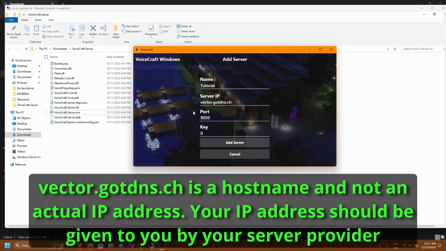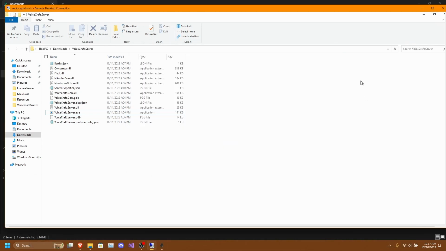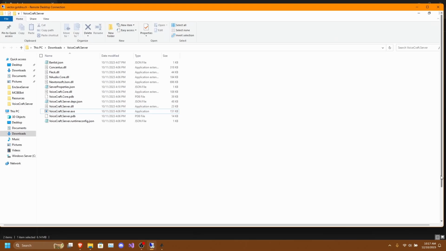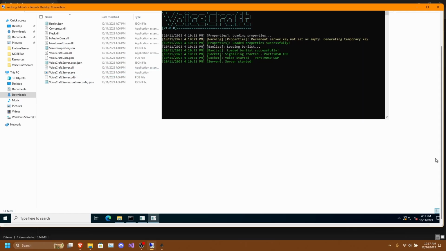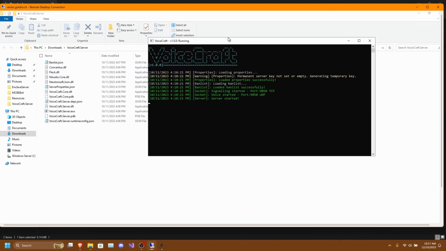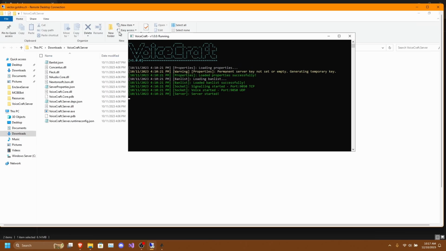And next, what we need to do is type in the port. Now again, the hoster, in which case the server setup, needs to also provide this information. And the port that the hoster needs to give is the signaling port. Just keep this in mind. For those who are hosting your Voicecraft servers, you need to give the signaling port, not the voice port. This may confuse you in some ways.